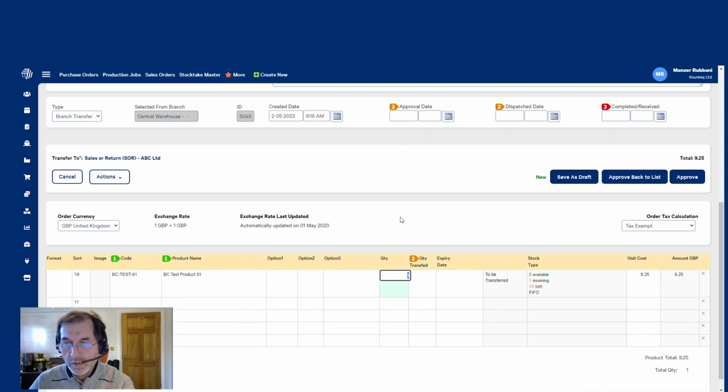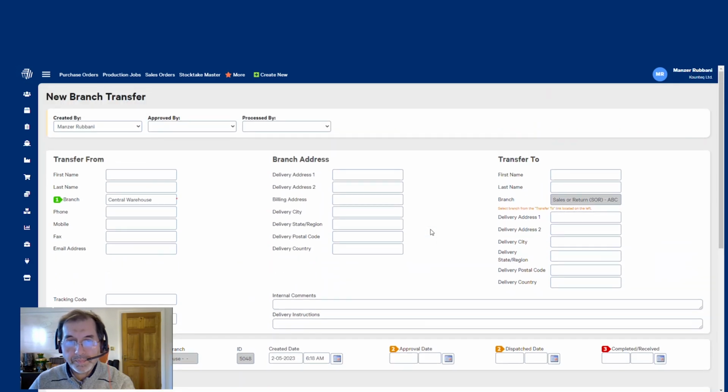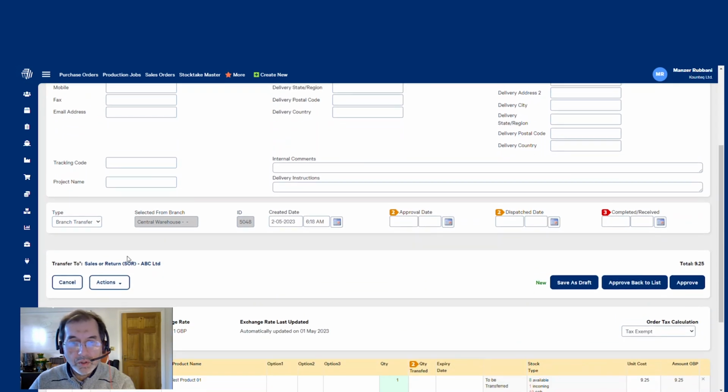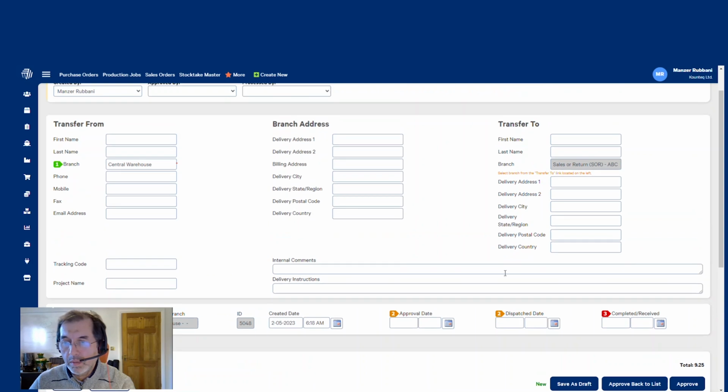There we go. We'll have one being moved from central to the sales and return. Let's complete this branch transfer all in one go. Received.